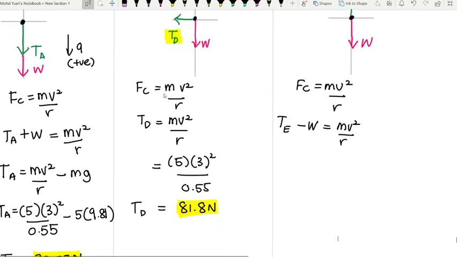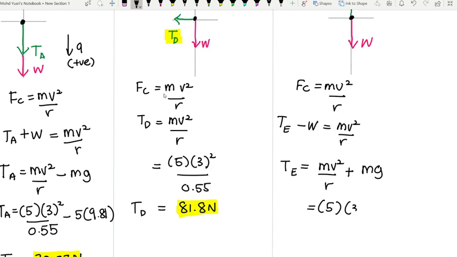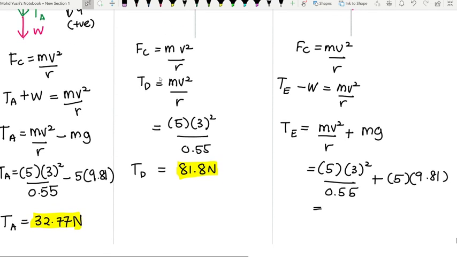Dan di sini kita akan dapat gantikan. Okay, so tension E, saya rearrange dulu, sama dengan mv square over r. W pindah sebelah jadi positif. W is equals to mass times gravitational acceleration. So kita gantikan value kita, 5 times 3 square over 0.55 plus 5 times 9.81 meter per second square. Dan kamu akan dapat, kalaulah saya kira betul, jadi pastikan pelajar semua tekan kalkulator dan cek pengiraan saya. Bagi point E, tensionnya adalah 130.87